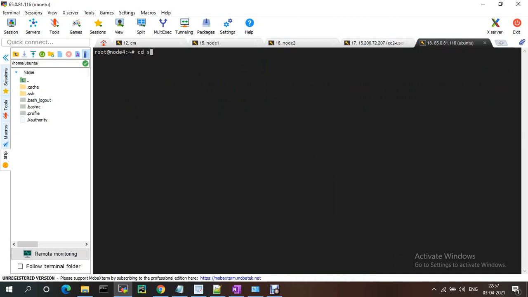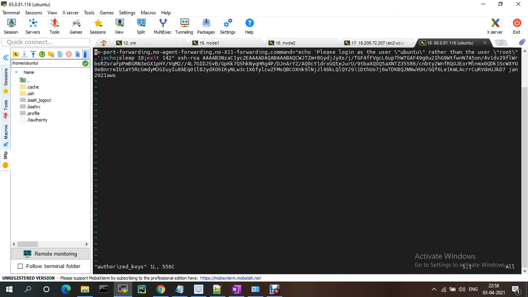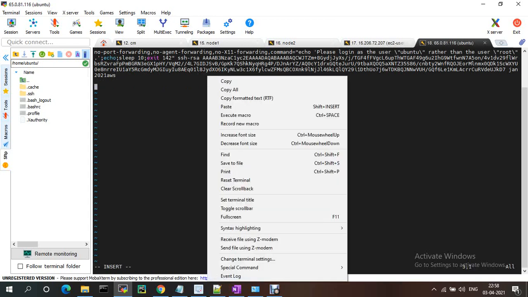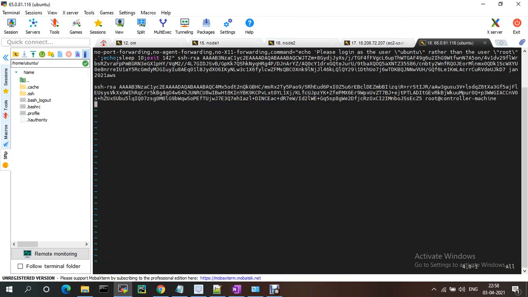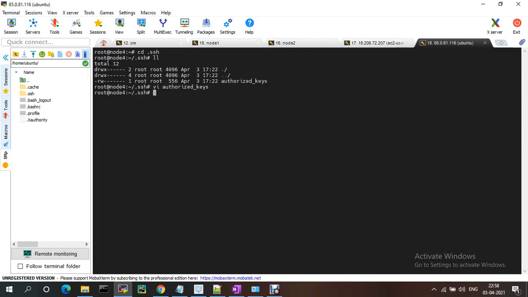Cd .ssh. There is an authorized_keys. Okay, I'm just adding here the master public key, so we will be able to do SSH connectivity.